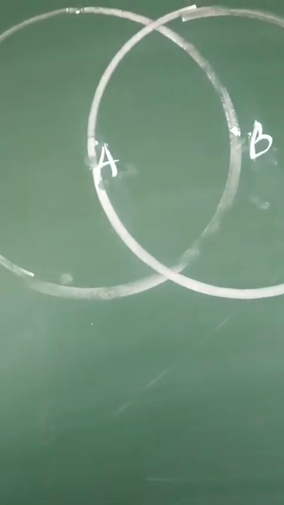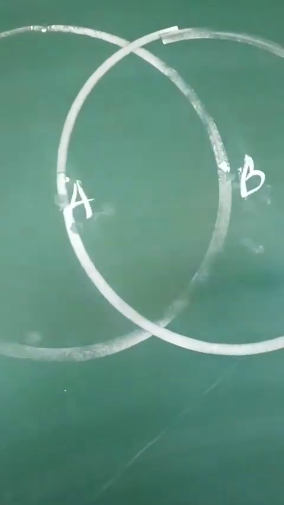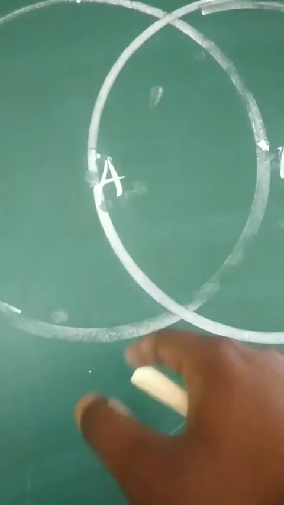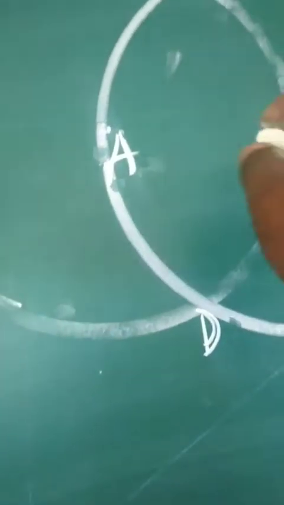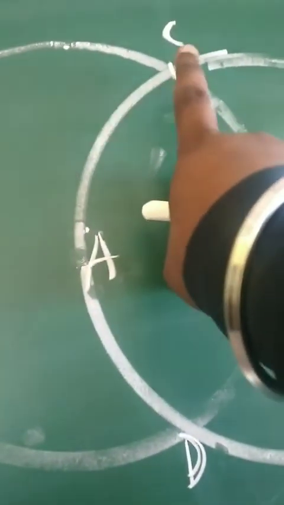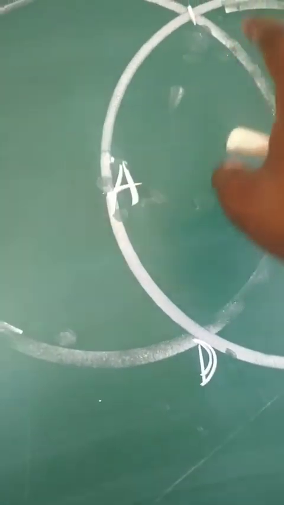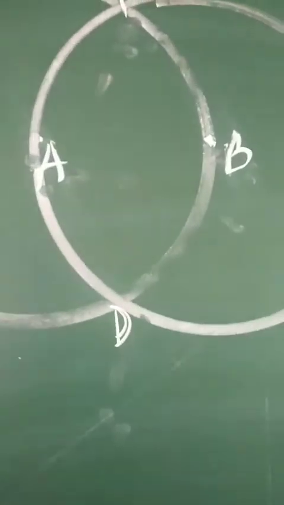This is circle number 1, center is A. This is circle number 2, center is B. Now they are passing through the center of each other. Now they are intersecting. These 2 circles are intersecting at C and D. So let this point where these 2 circles are intersecting with each other be C, and this one be D. Now the question is that we have to examine whether AB and CD are at right angles or not.